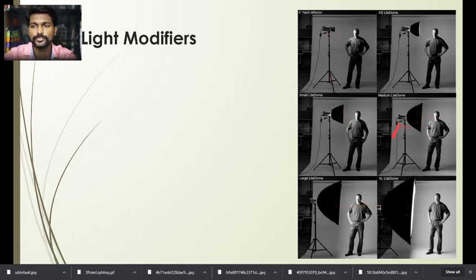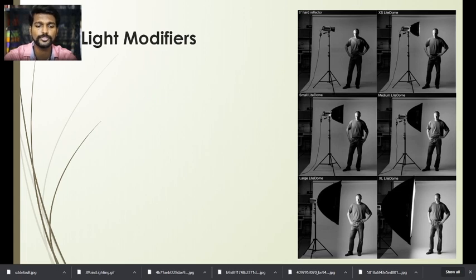The use of a modifier is that it will diffuse the light, split the light, or reflect the light, or it gives a soft light. It gives a key light, fill light.